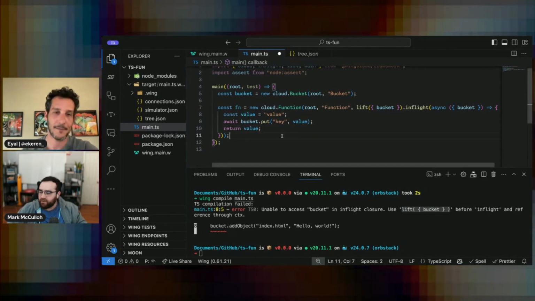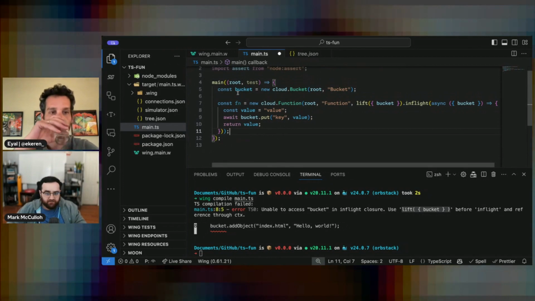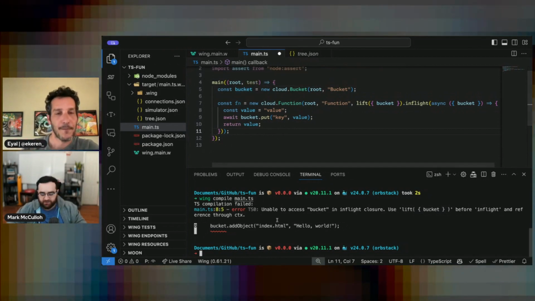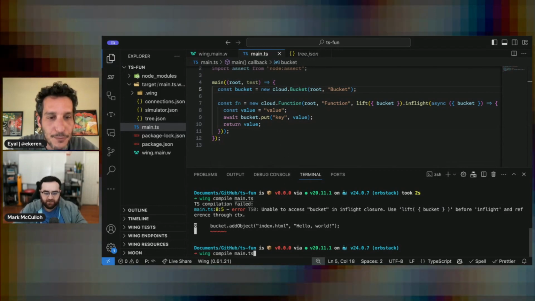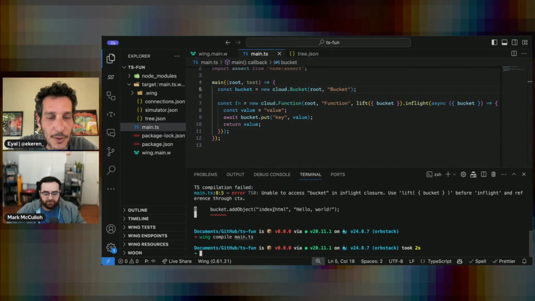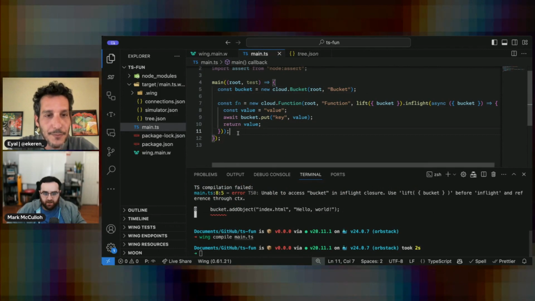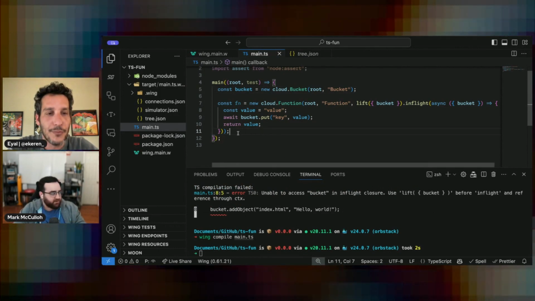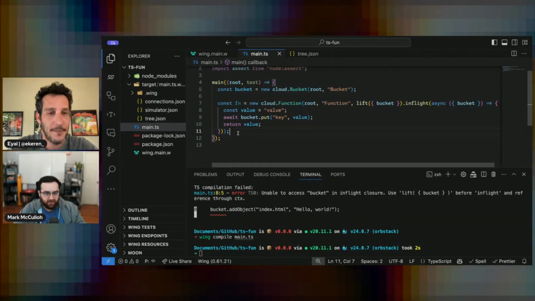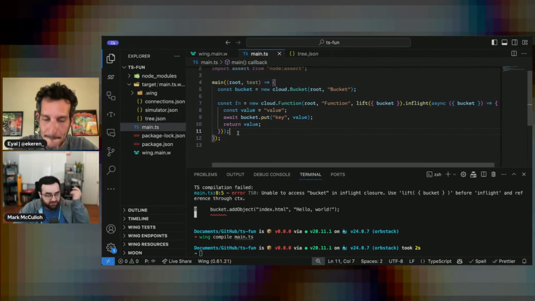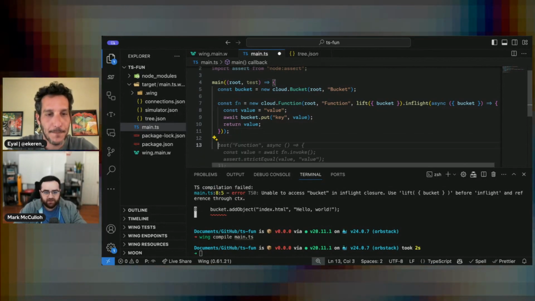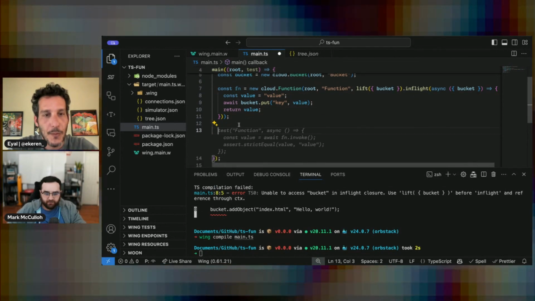Exactly. So speaking of tests, I should show that this compiles as well, just so everyone knows I'm not bluffing. Yeah, it compiles. But let's write a test, because that seemed like an important enough feature to make a first-class citizen here, like it is in Wing. Match that experience.